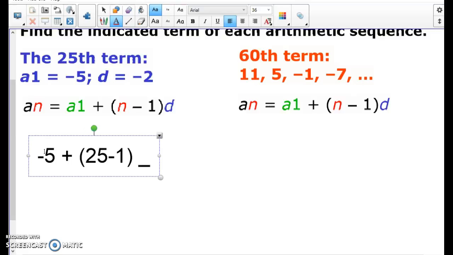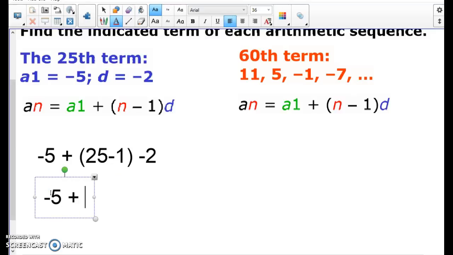My difference is, I'm subtracting -2 each time. This is a perfect situation where I'm probably not going to want to do all that math, starting at -5 and subtracting 2, 25 times to figure that out. So let's simplify this. So -5 plus 24 times -2